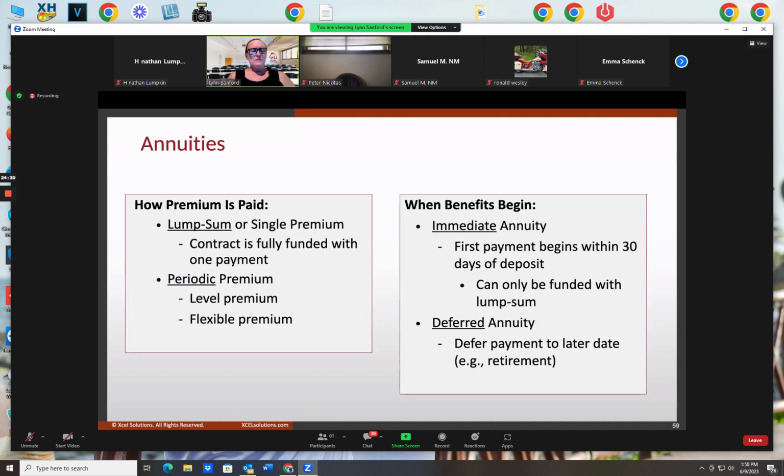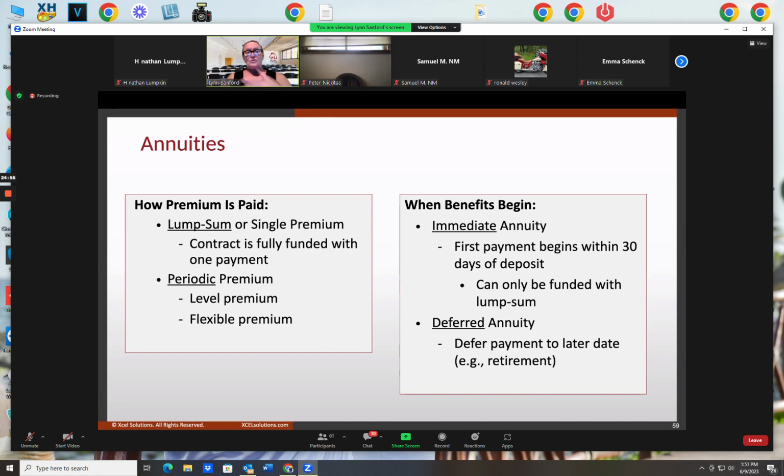How the premium is paid on an annuity: in a lump sum or single premium, the contract is fully funded then with just one payment. Periodic premium means I start it with a small amount and I just keep adding to it over the course of my working lifetime. I could put a level premium in there, like $100 a month, $100 a month, $100 a month. I could put $25 in this month, $50 next month, $100 next month,